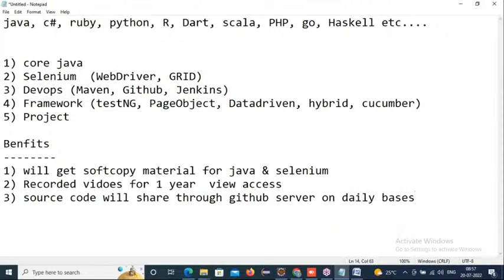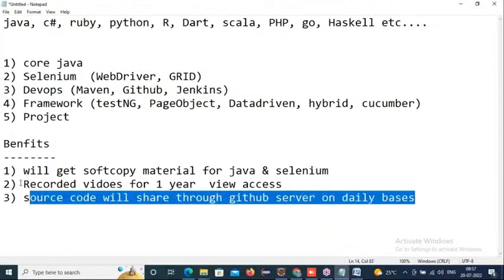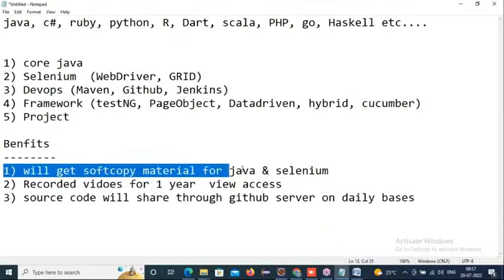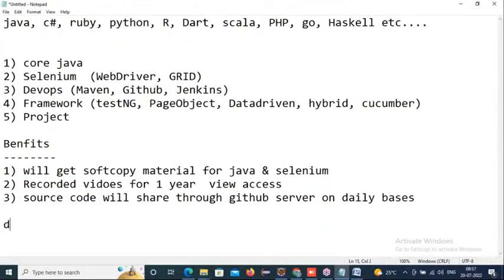So source code will be shared through a GitHub server. Daily, whatever programs I build in front of you, I will commit to the GitHub server and share with everyone. That is one of the sources for you to practice. Recorded videos will have one year of view access, and soft copy material for Java and Selenium will be shared. And the course duration will be